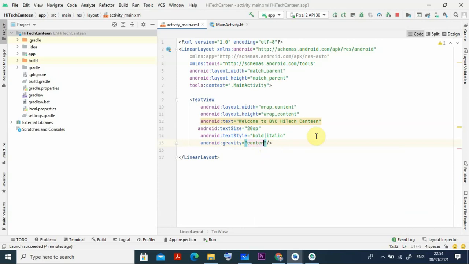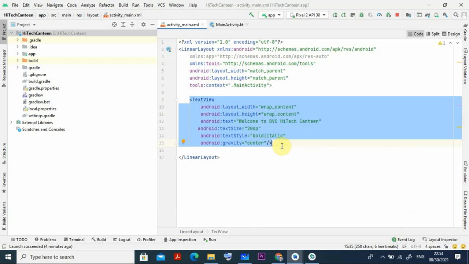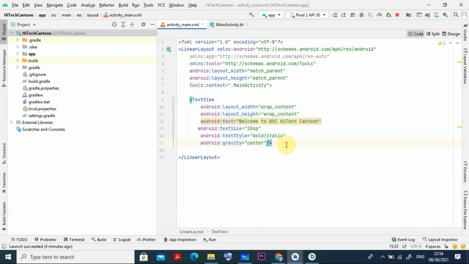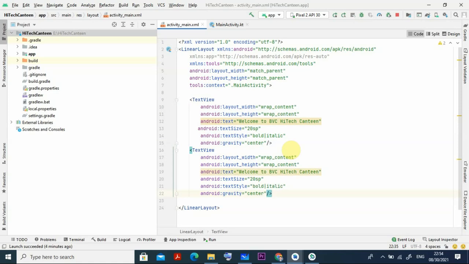Suppose I want a copy of the same thing with different names. For the text view, what do I need to do? Just copy it with Control C, and after this press enter and Control V. Now I change the text to login, because anybody online must log in before placing an order, or before doing whatever he has to do.